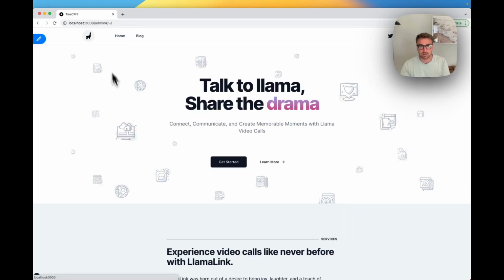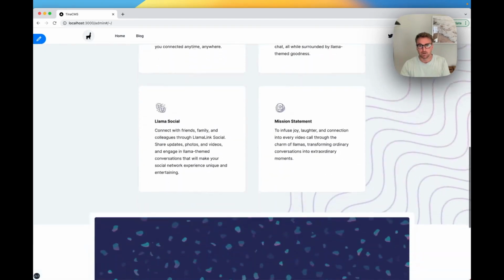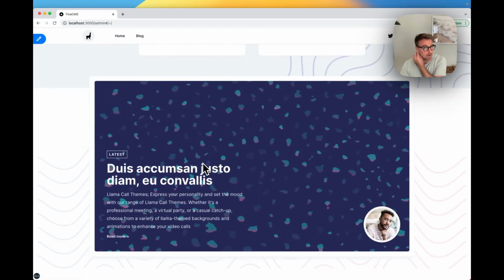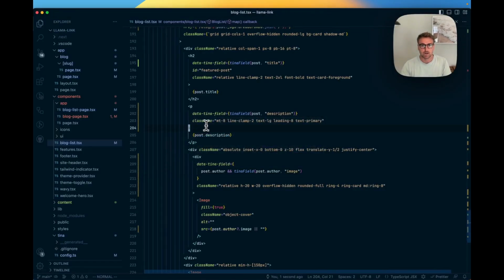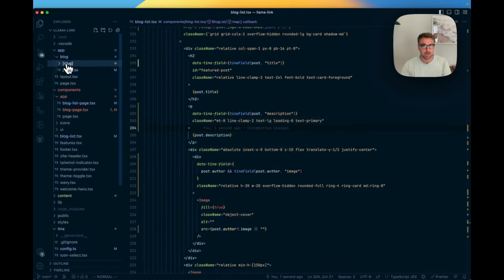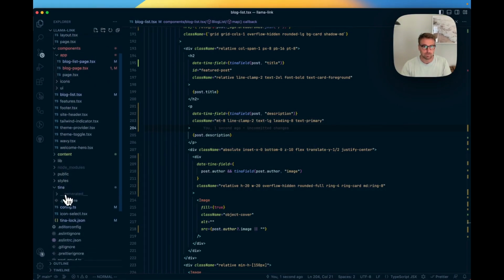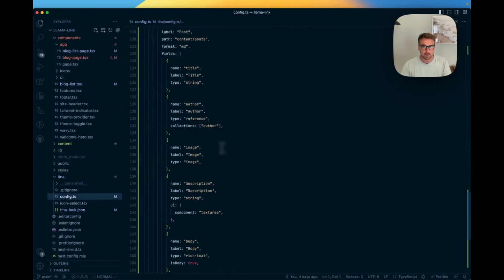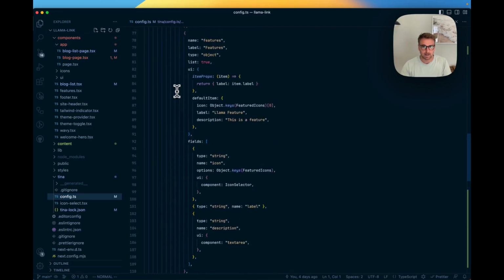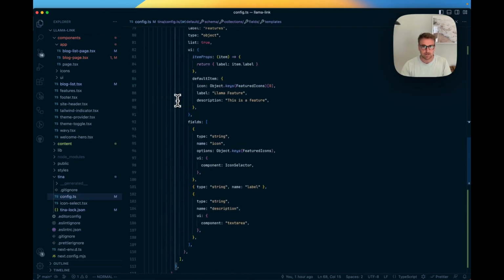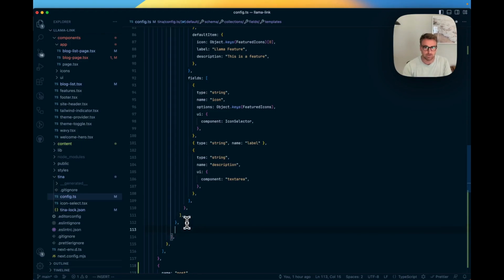So jumping back into the home page here, we actually have this section down here which is not complete. So we'll do that. This is now going to be a reference, a block that's going to reference, so you can kind of choose what blog post to show there. So let's do that now. If we jump into our config, we can pick up where we left off. We had a features list, and let's just do a